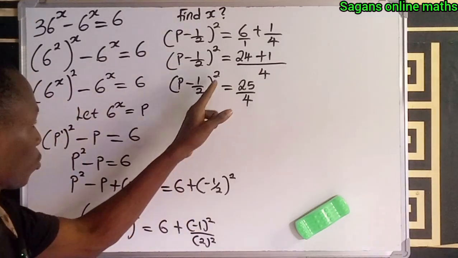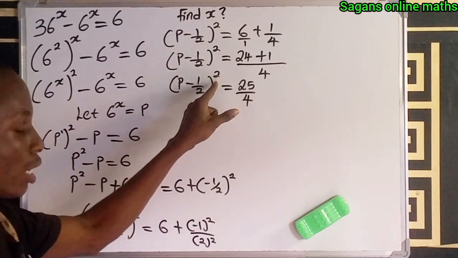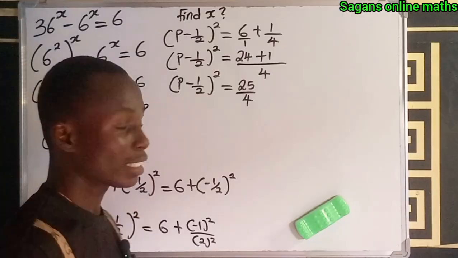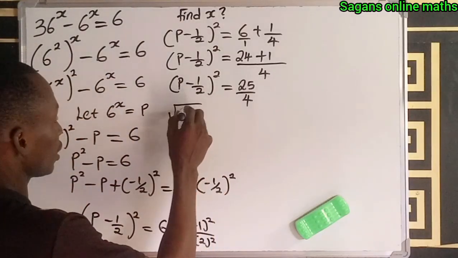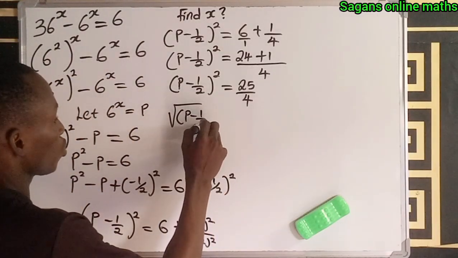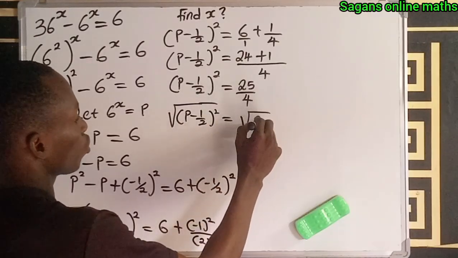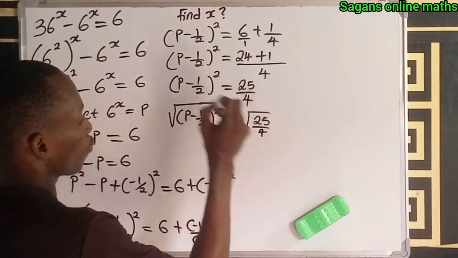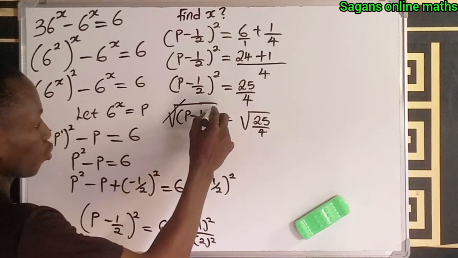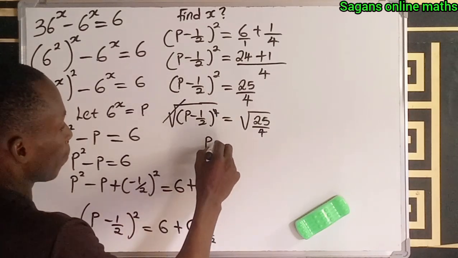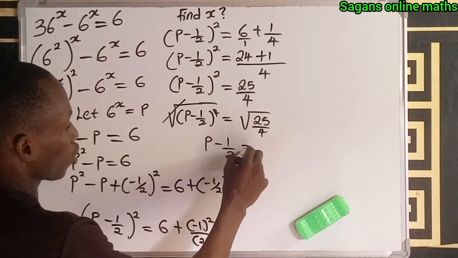At this point, we are going to remove this square from here. So for us to remove this square, we have to take the square root of both sides, right? So the square root of p minus 1 over 2 all squared is equals to the square root of 25 divided by 4. Now the square root cancels out the square. Okay, we are left with p minus 1 over 2 is equals to